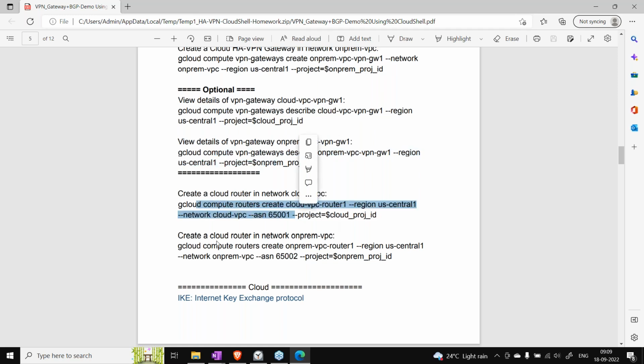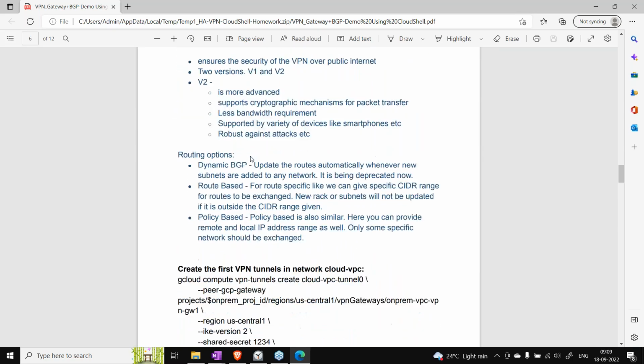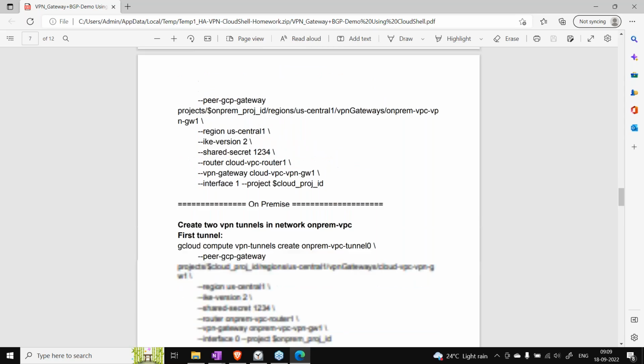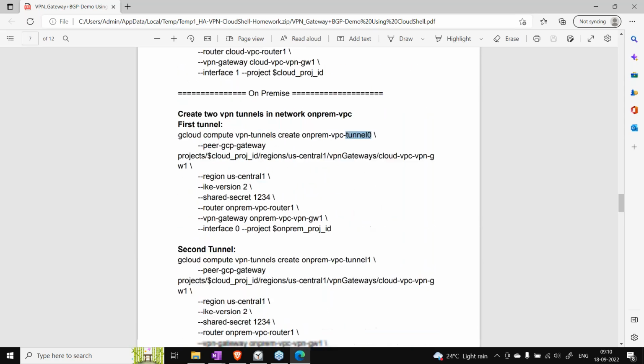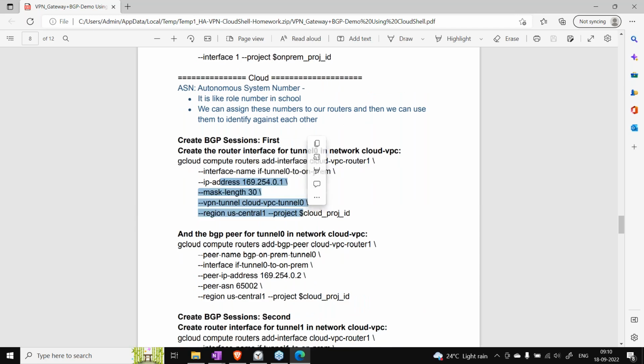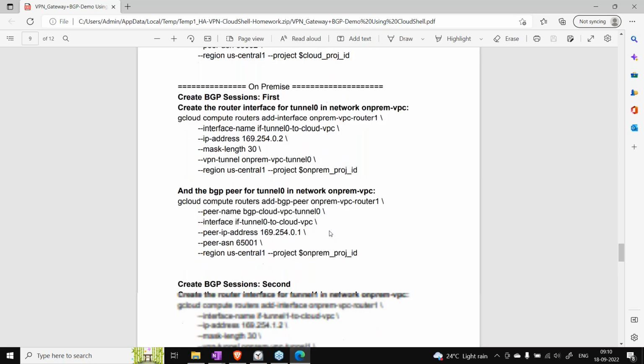Then you create routers, then some information about the IKE protocol, Internet Key Exchange, right? And then you create a peering between those two using tunnel 0, tunnel 1, similarly tunnel 0 from this to this, and vice versa. Then you create an interface, and this is a BGP session that you create. So all these things are mentioned in this particular document.